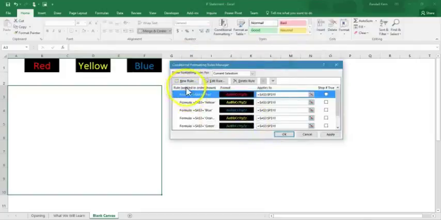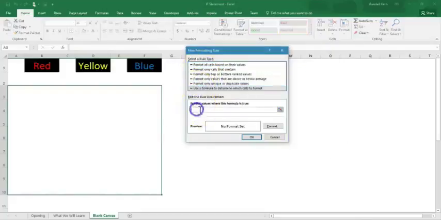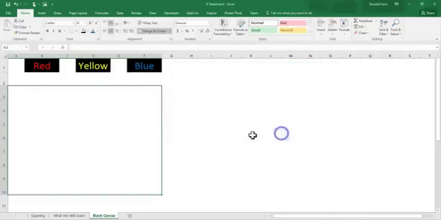Now what happens if we don't actually have color showing in there? Well, we're going to have in the formula that it's going to say none are selected. So we're going to do another one that says if A3 equals none, again, doesn't matter, selected, then we're going to leave this at no format set. Okay, so right now Excel doesn't know how to format that, so they're going to just leave it as a